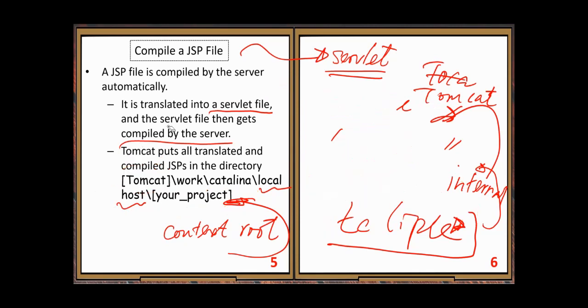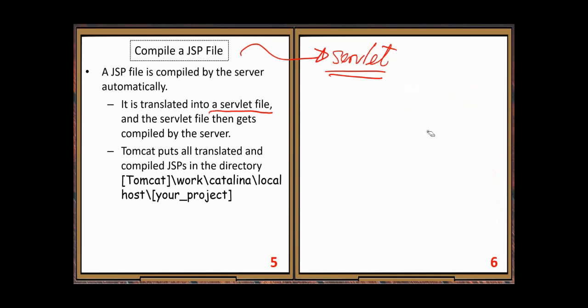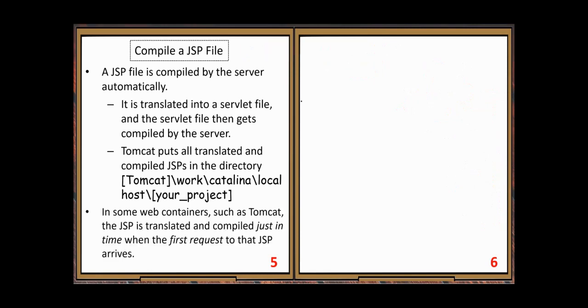All right, so that's the translated location. Here, the details, we don't need to know that kind of details, but we need to know it happens somewhere. Okay? It happens somewhere. All right. Next, then,